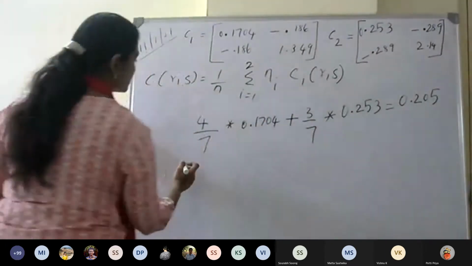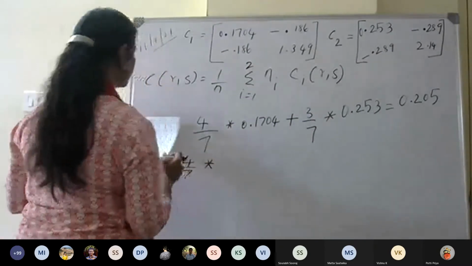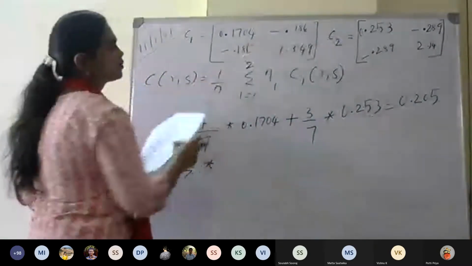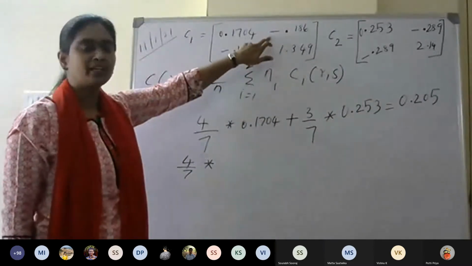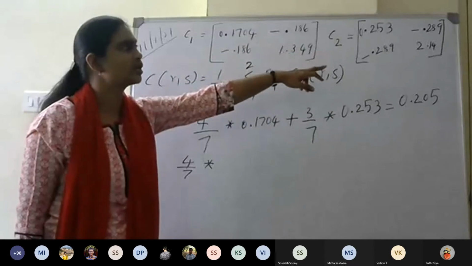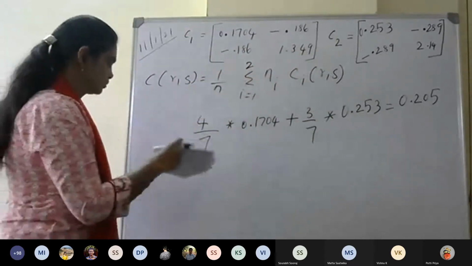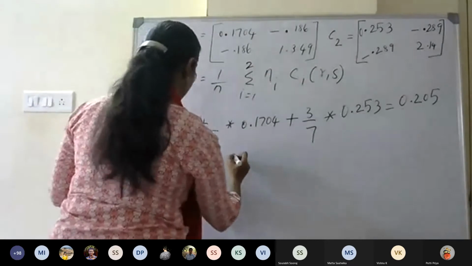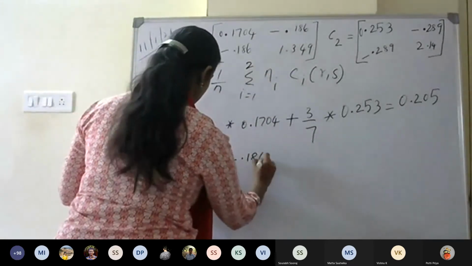Okay. Next will be 4 by 7 into this, minus 0.186, and this I will be writing only once because twice it is repeating. Similarly, there also it is repeating the same. Minus 0.186